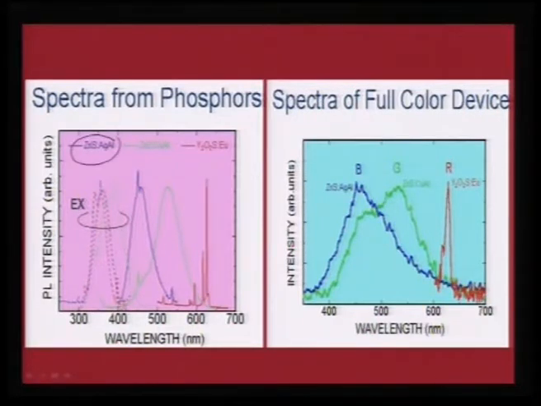The silver doped ones show blue light here, and the copper doped ones show bluish to bluish green. So, these two candidates give the blue and green component, and as you see here, yttrium oxide phosphors doped with europium